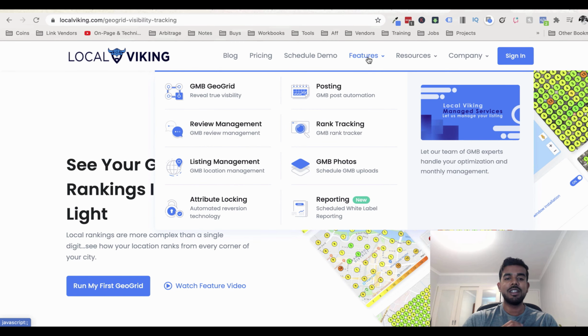Now, I just showed you the GMB features, but they've got heaps of other features as well. I just showed you the ranking features. One of the things that they do is you're able to schedule GMB posts. Now, one of the really important factors for ranking in Google Maps is activity. And basically, by being able to schedule out your posts over the month, this allows you to save a lot of time for one, but also just make sure that things are getting done for this business,